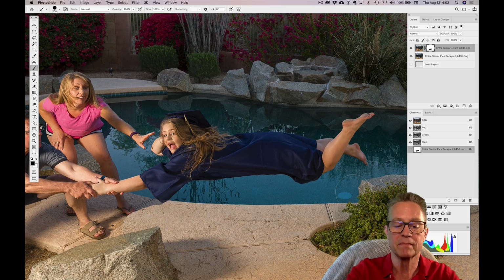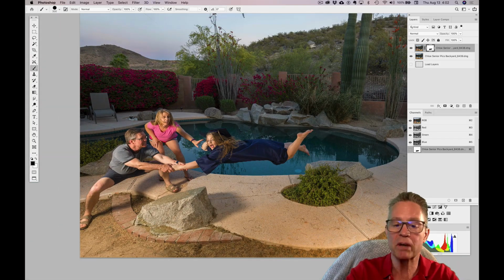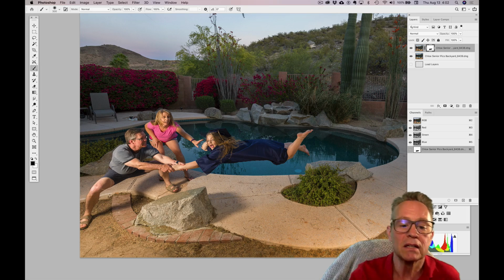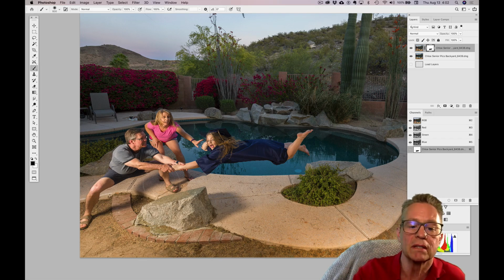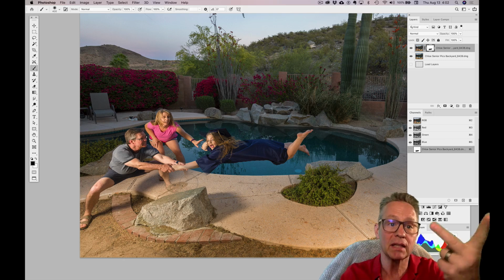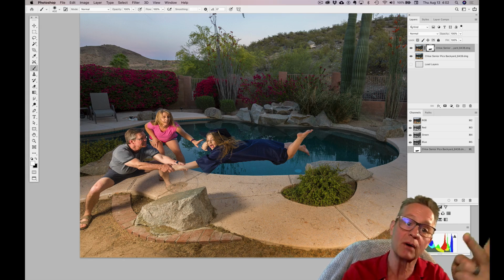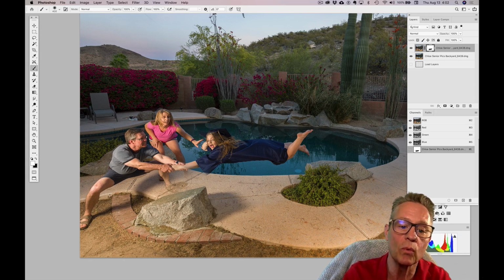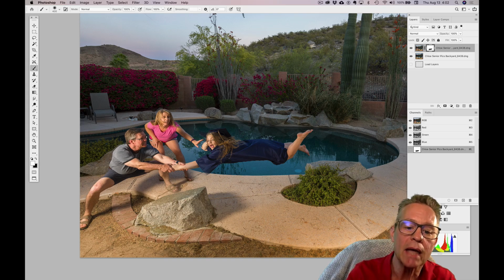I'm erasing. Okay, I'm going to go back to a soft edge brush, Shift bracket, left softens, right hardens, and I'm going to paint this edge over here. Oh shoot, what have I done? I've erased my wife's foot. Hit the light switch, X. Now it's lights on. I'm painting with white paint, lights on, and I can add it back. It never